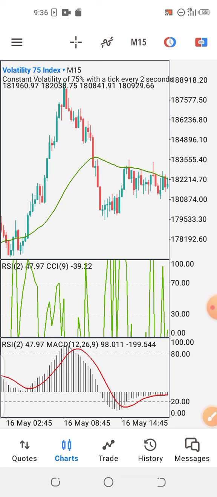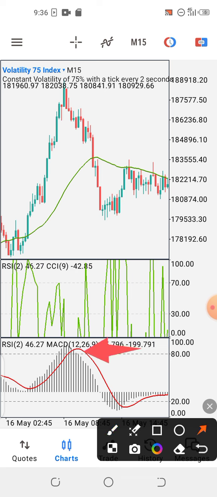So guys, as you can see on our main window, the moving average is there, and what we are looking at now is the crossing of the moving average for sell. When the moving average crosses above the candlestick for sell, you look at your CCI. Is your CCI touching the 0 level? If yes, that means it's ready. And you look at your MACD, making sure that your MACD is touching the 80 level. If your MACD touches the 80 level here,